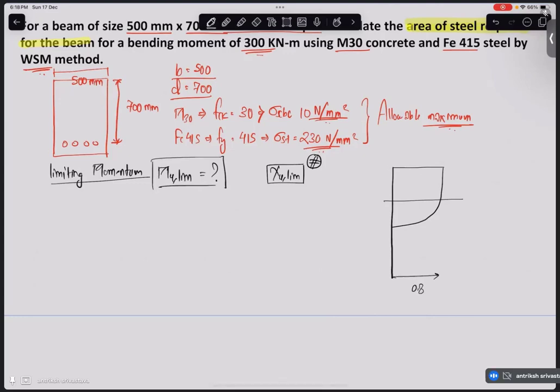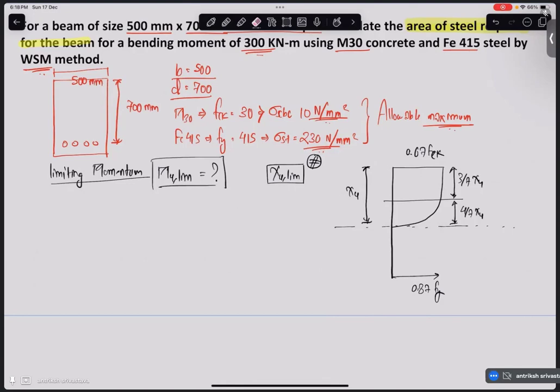So this is 0.87 Fy, 0.67 FCK, then this thing is 3 by 7 XU. This is 4 by 7 XU. So this is the neutral axis. I'm just writing it for your reference. So you know this diagram, right? In the